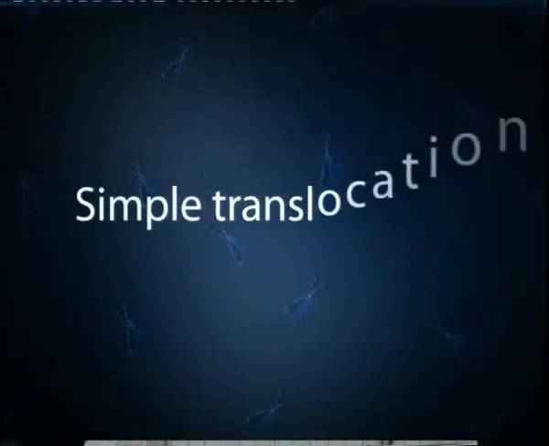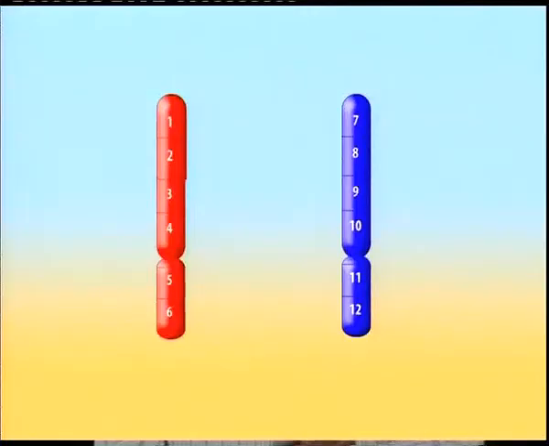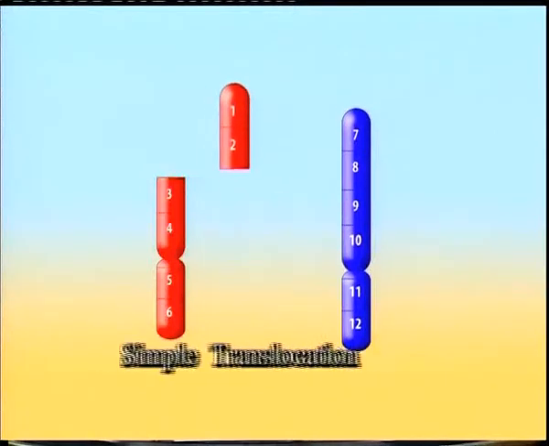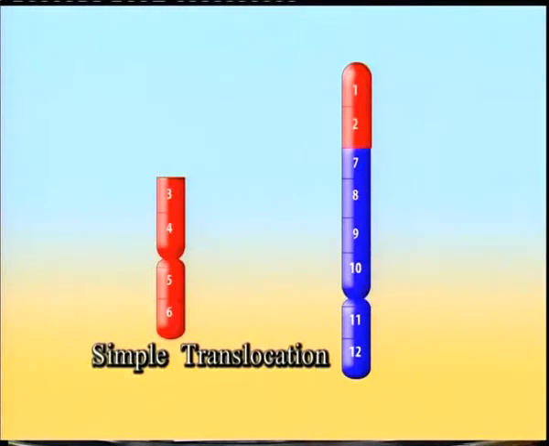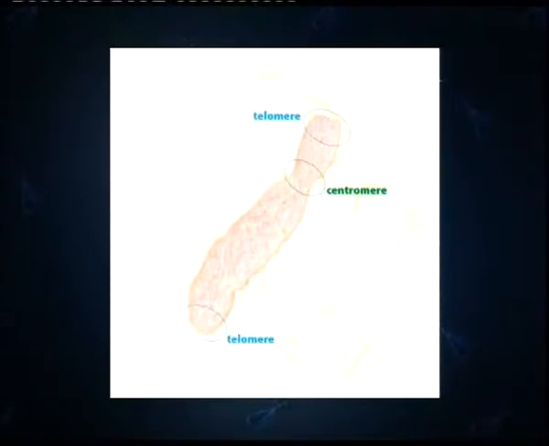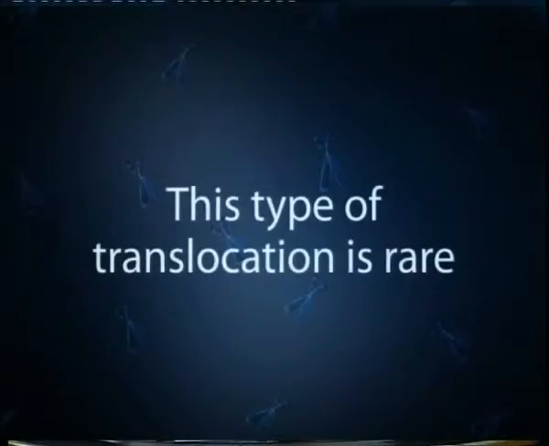Say for example, number one, simple translocation. In this case, a single break occurs in one of the chromosomes, releasing a terminal chromosomal fragment. This is followed by transfer of this chromosomal fragment to another non-homologous chromosome. But the problem in this type of translocation is that the other chromosome will not allow fusion of this chromosomal segment because the other chromosome carries a telomere, and moreover the chromosome in which the break has occurred will be left with a non-telomeric end, so that this chromosome will become unstable, and hence it is believed that this type of translocation hardly exists in nature, although it has been reported by Muller and Painter